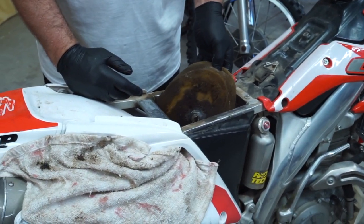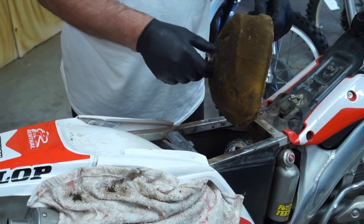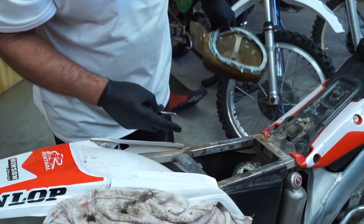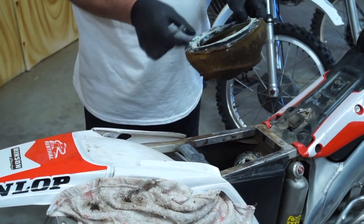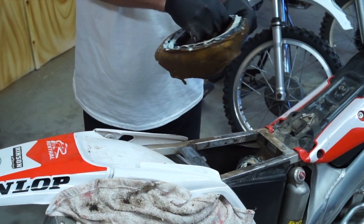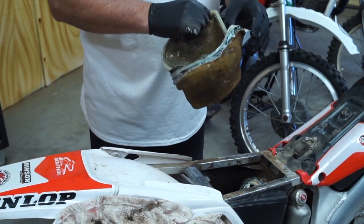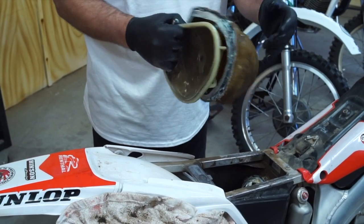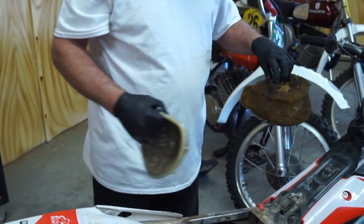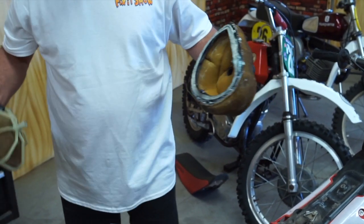this air cleaner is shot. So we're going to obviously, doesn't look like there was dirt getting in the motor yet, but if the dirt or dust gets into a four-stroke, it really is hard on the intake valves, and mostly on these Hondas the left intake valve. I had a little issue with that, so we're going to throw that in the old dumpster where the Suzuki was going, and